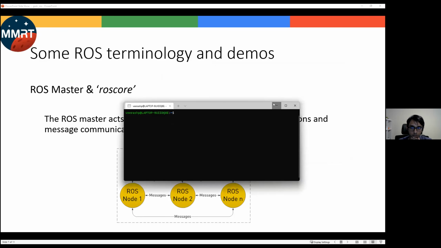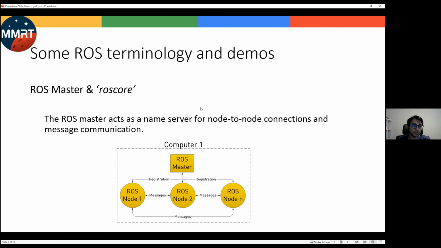Okay, so first thing we have is ROS Master. The ROS Master is just a name server for node-to-node communications. In ROS, you're gonna have multiple nodes doing different things. These nodes don't know each other. What they know is ROS Master. What they're gonna do is just tell ROS Master, hey, I exist, and then the ROS Master knows that the